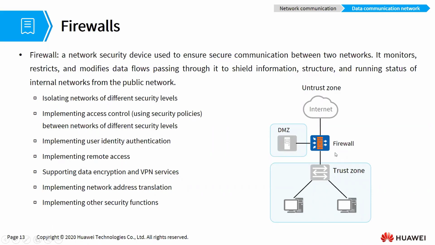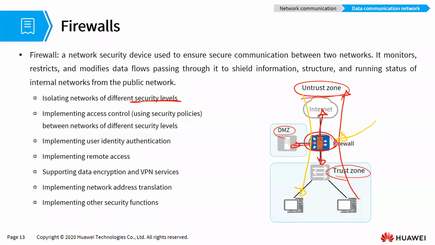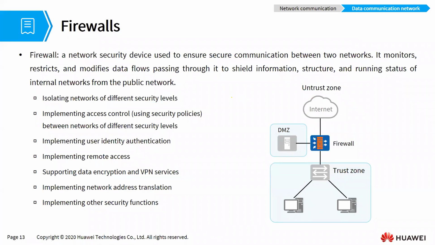Firewalls isolate networks based on trust levels or based on security levels. It will disconnect these from that side and from this side. In order for someone here to speak to someone there, the firewall needs to be told to permit. And if someone on the other end of the internet needs to speak, the firewall needs to be given a rule to permit that kind of traffic. The firewall is normally located between two networks, but the two networks need to have different trust levels.